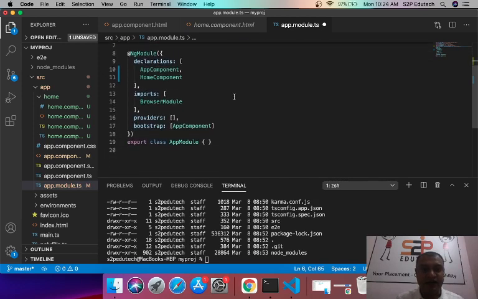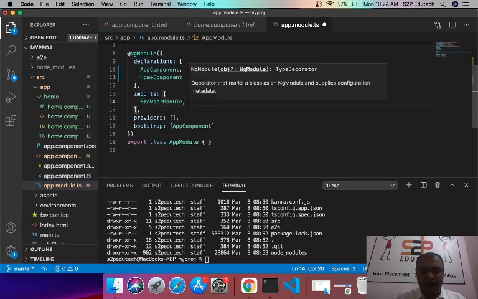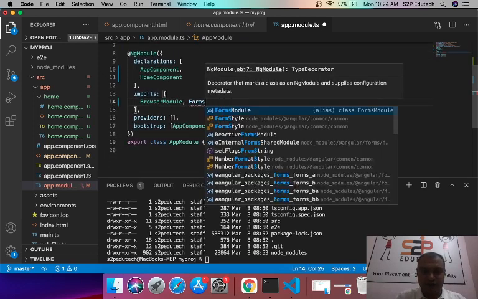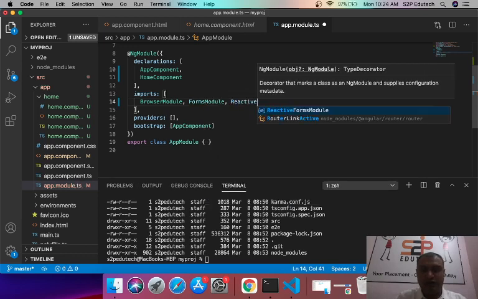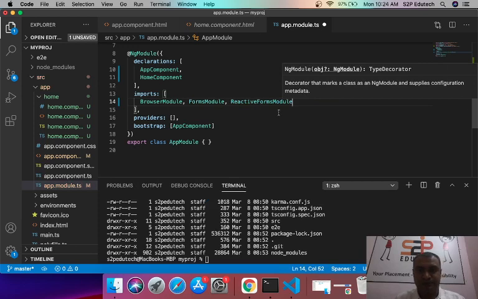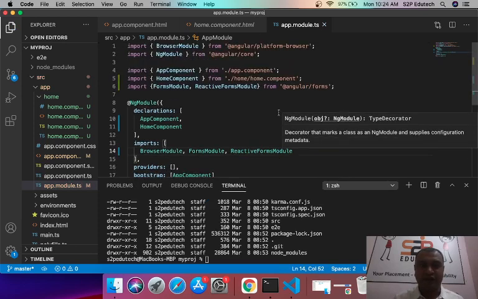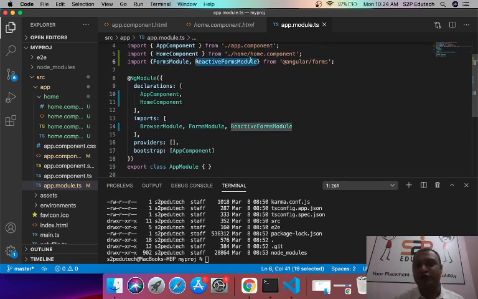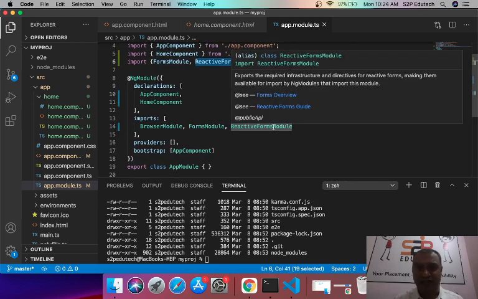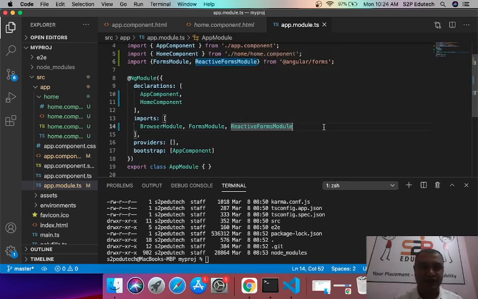Once imported, I'll add it in the imports array. So I would use forms module, and I would also import reactive forms module, right? So that is the very first step that you need to do. What is that first step? First step is we import a forms module and reactive forms module from Angular forms, and then we add it in the imports array.